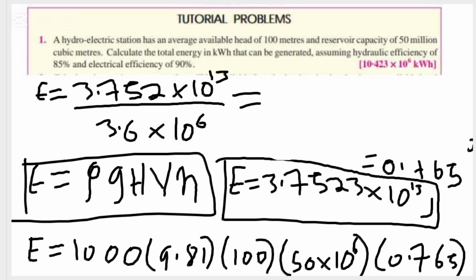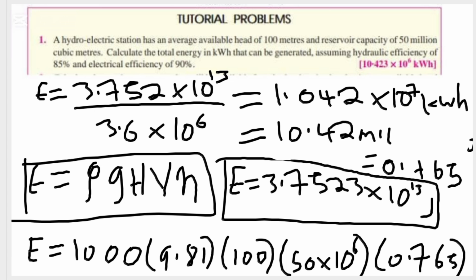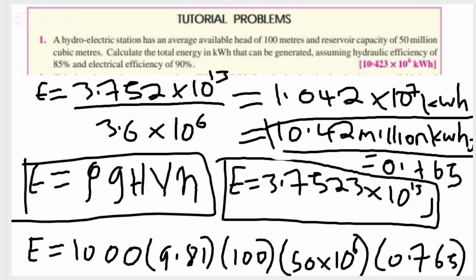And therefore it will now be equal to 1.042 times 10 raised to the power of 7. So therefore the final answer will now be equal to 10.42 million kilowatt hour as the final solution to